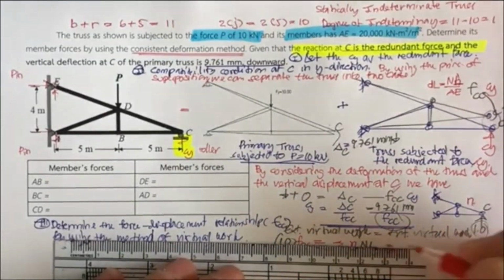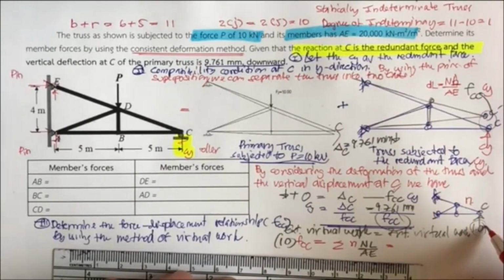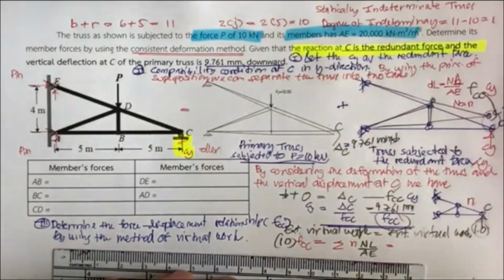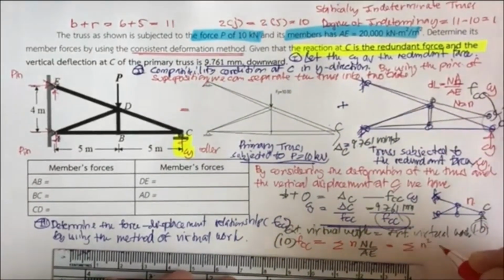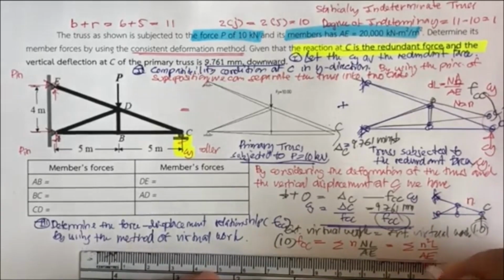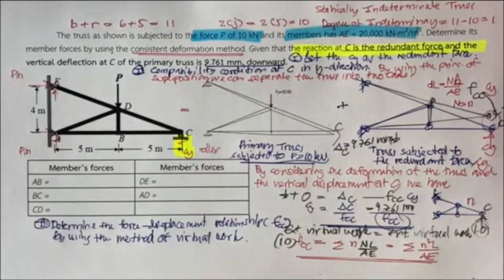And what we have, since the C sub y is going to be equal to 1, so the n that's due to this one will change to small n. So this one is going to be the summation of n square L over AE like this. Okay, and this is going to be the equation for the method of